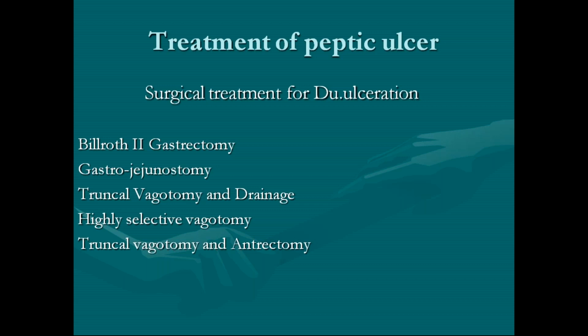So this highly selective vagotomy does not need any drainage procedure, because you are not denervating the antrum or the pyloric part. You are denervating only the parietal cell mass. Okay, so this is better when compared to truncal vagotomy. But usually in our setup, when a patient comes with gastric outlet obstruction, remember, we usually perform a truncal vagotomy